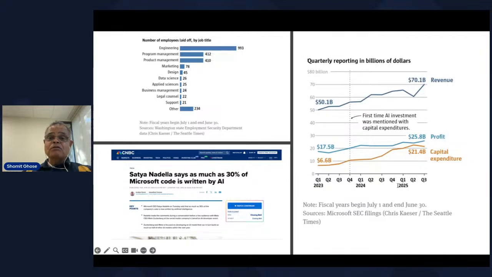Note that the company's profits are at record highs, about $26 billion. Despite that, and because AI is already writing about 30% of Microsoft's code, this wildly profitable company is laying off lots of staff, especially within software engineering. And this may be a signal of things to come.